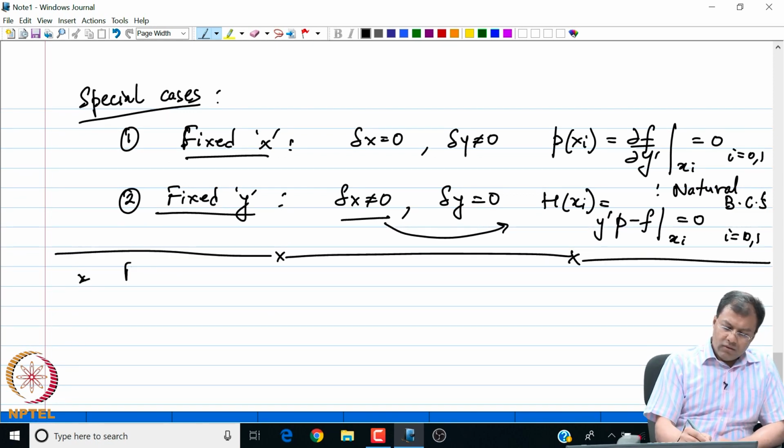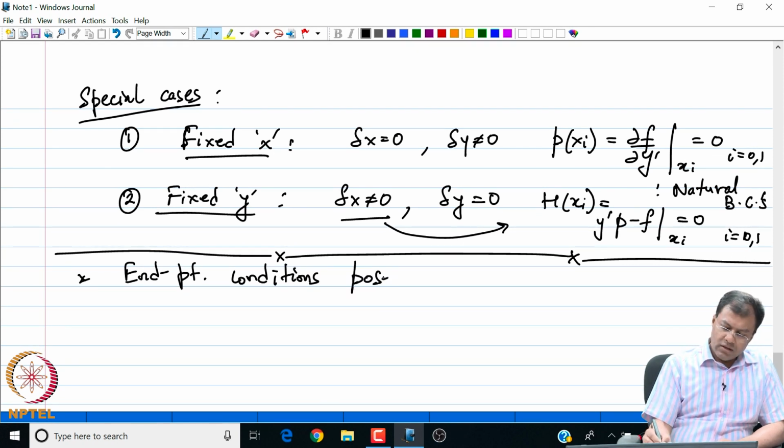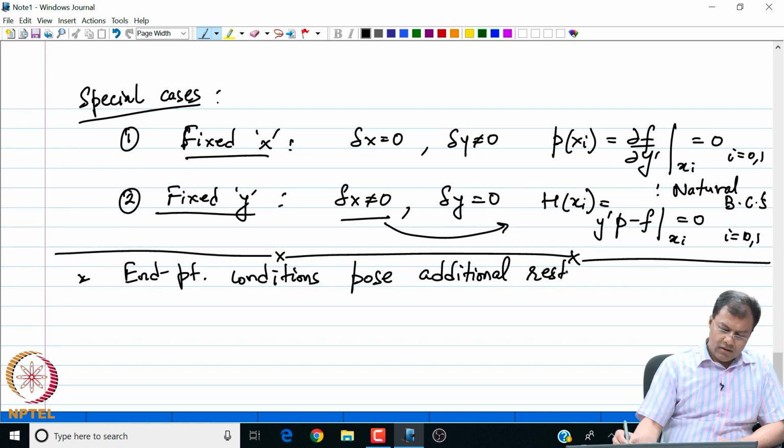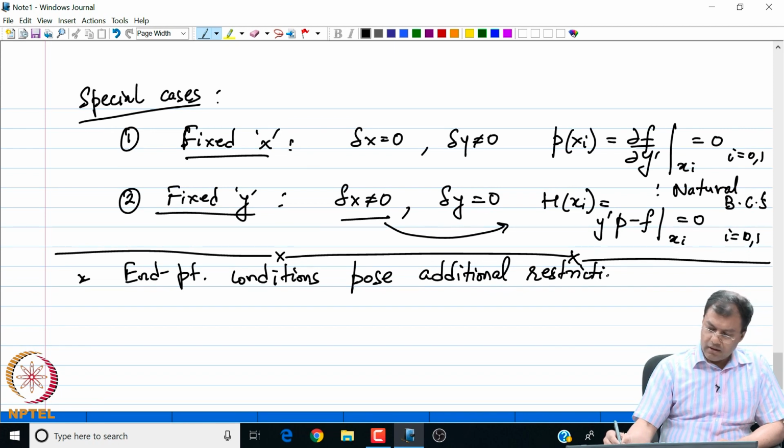So what I just said is that the endpoint conditions we have found pose additional, sometimes very limiting restrictions on y,